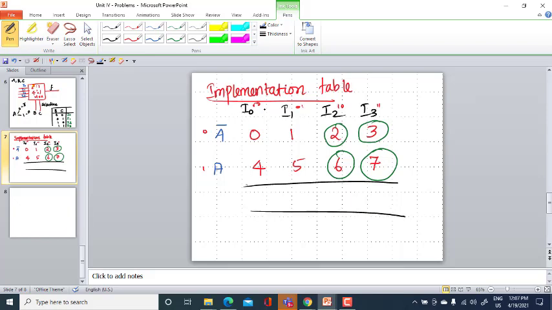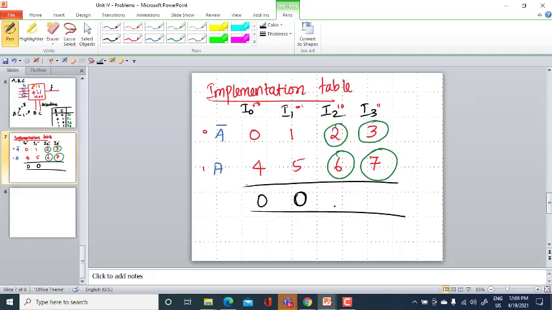Look at each column. If none of the min terms is encircled in I0, you need to give 0 to I0. I0 is the input, right? If none of them is encircled, we need to give 0.